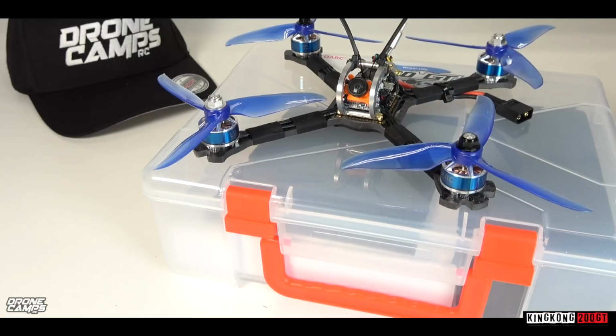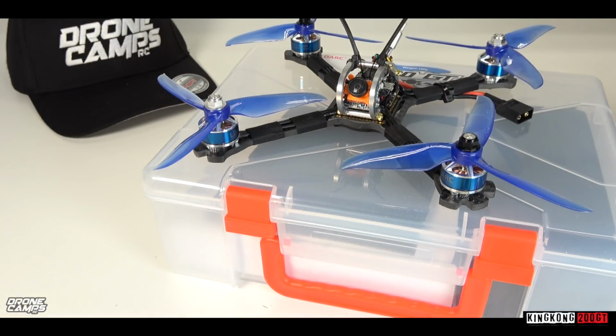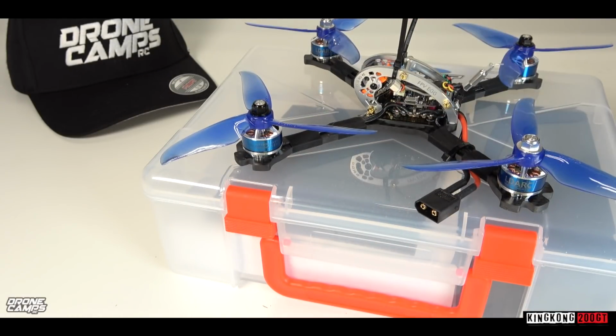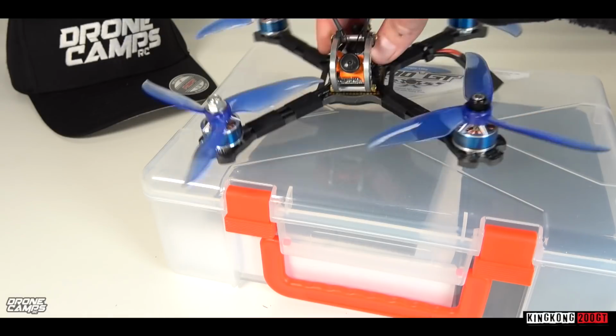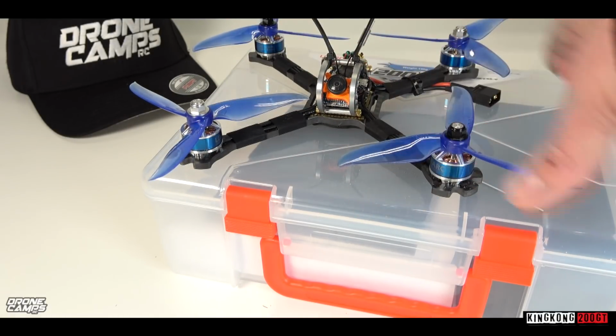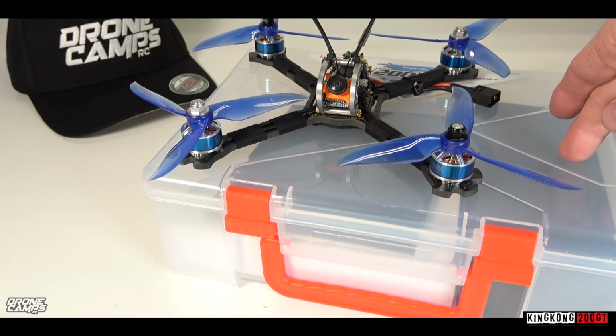So this is the box that it comes with, and it's very similar to the 138 style box that came with this one, but this one's not going to fit in the box with the props on, so that's kind of a bummer. If you wanted to transport it using this box, you'd have to take the props off and it will fit back in the box. And this one did not come with a receiver or an extra battery in the box,